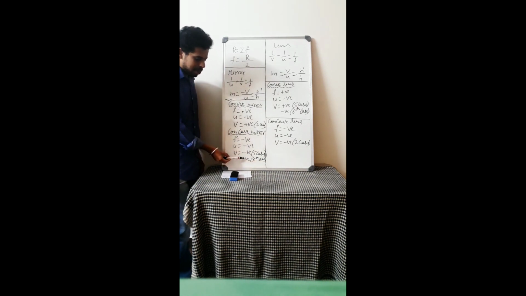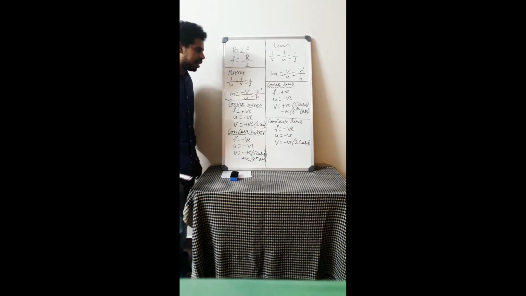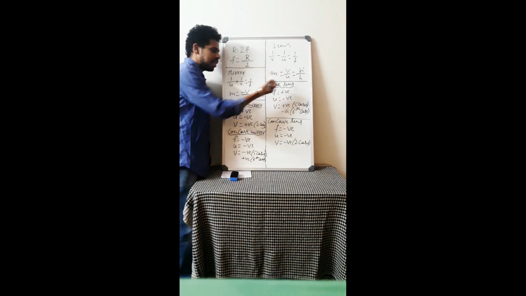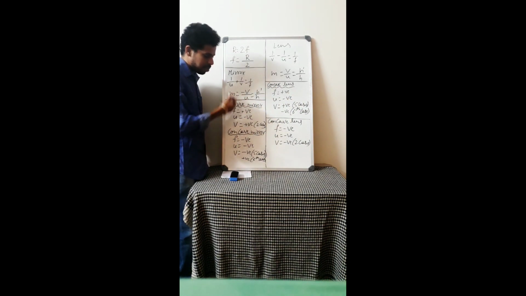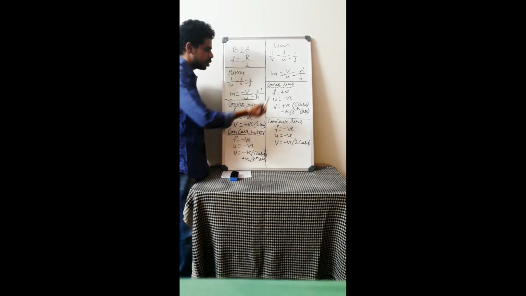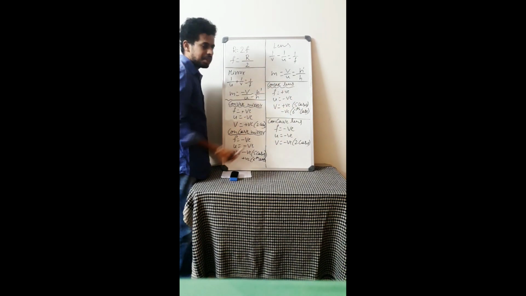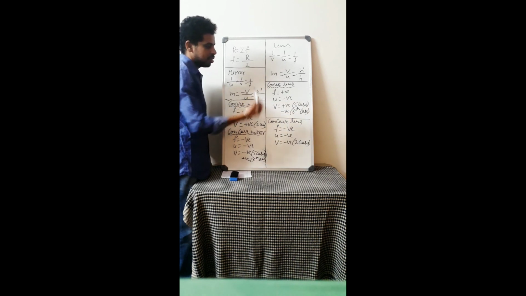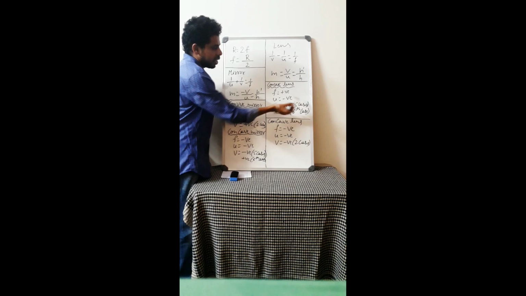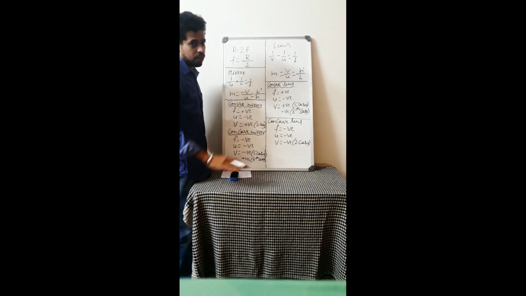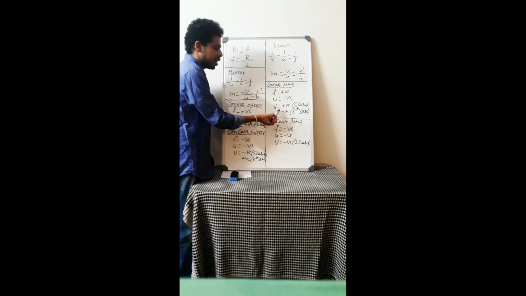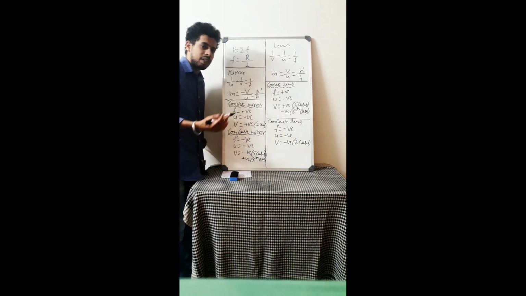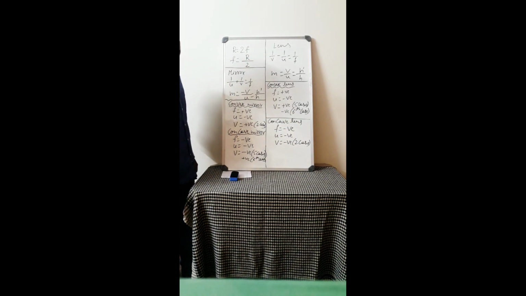So in the 6th case, the image distance is positive, but in all other 5 cases, the image distance is negative. So in case of convex lens, so this is about mirrors. You have to remember this sign convention. In case of convex lens, focal length is positive, object distance is negative. Image distance is positive in 5 cases because it is formed on the other side, and negative in the 6th case because it is formed on the same side as the object.